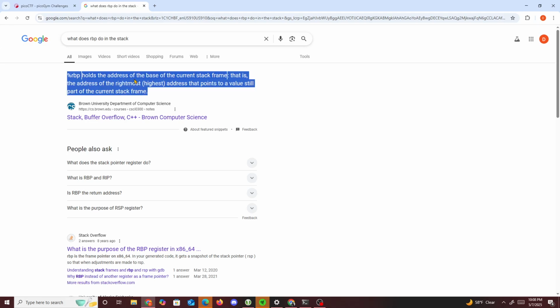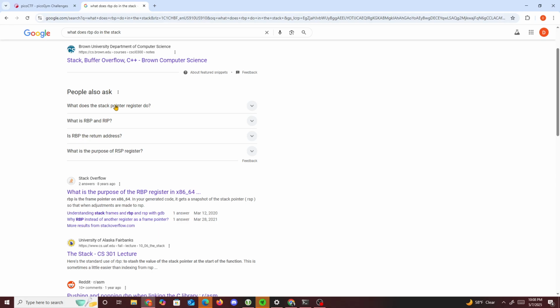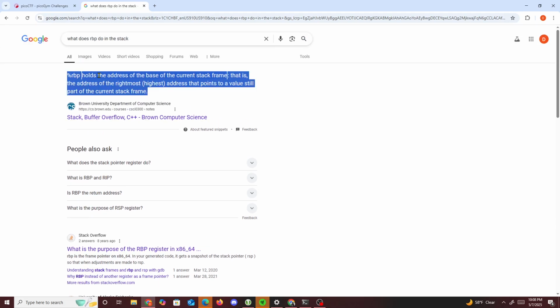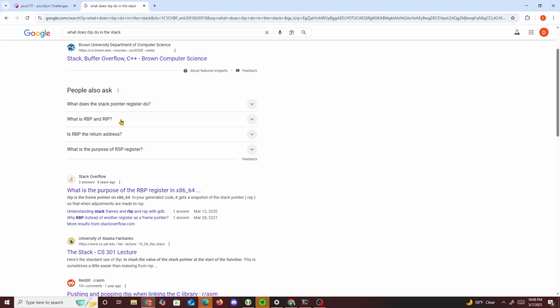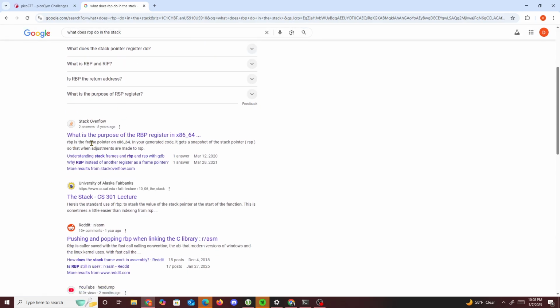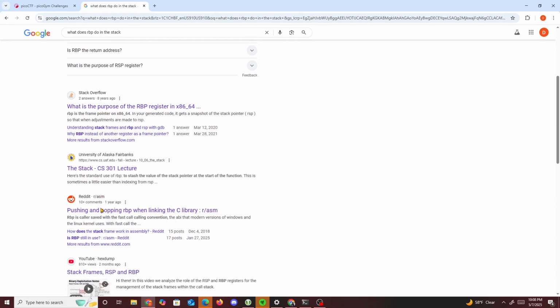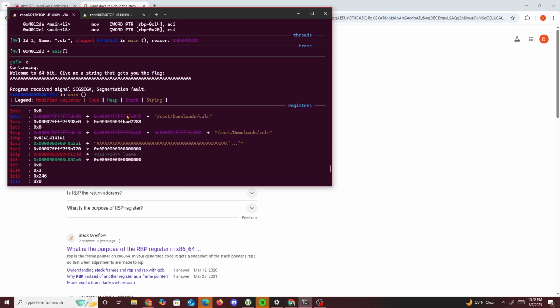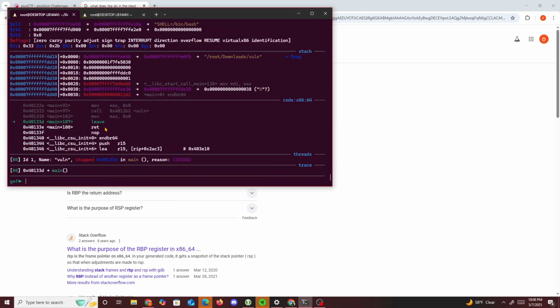It holds the address of the base of the current stack frame. So now if we just change the base pointer to what we want, which is the address of win,